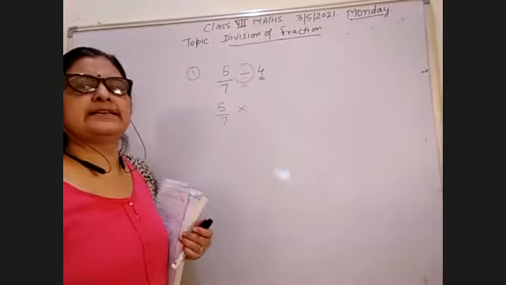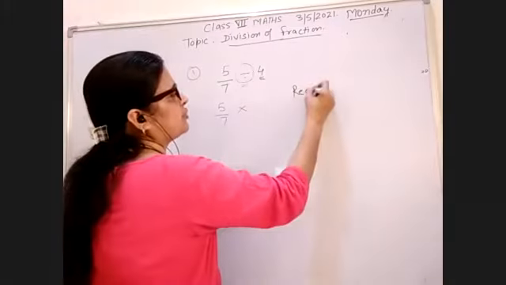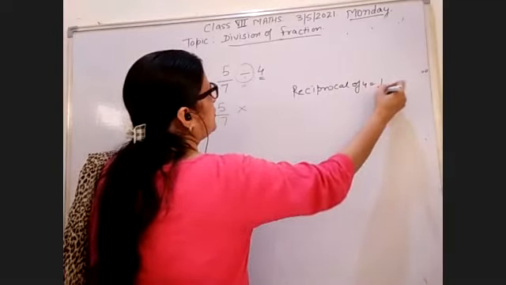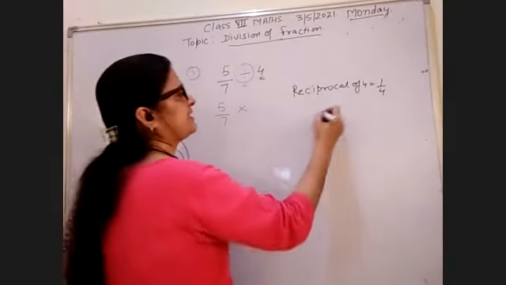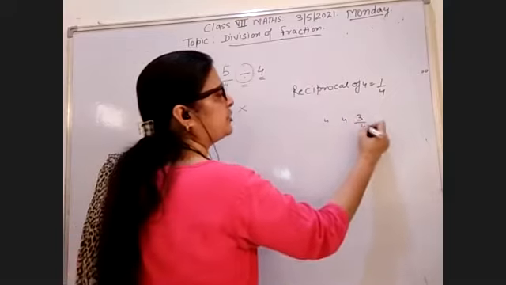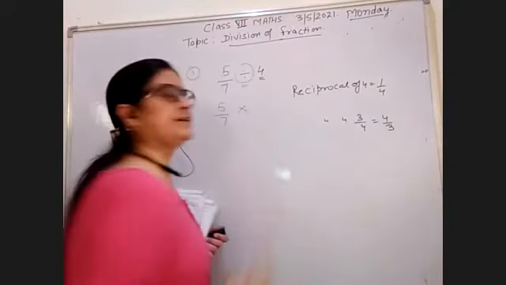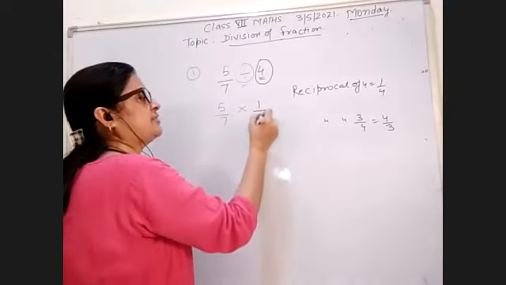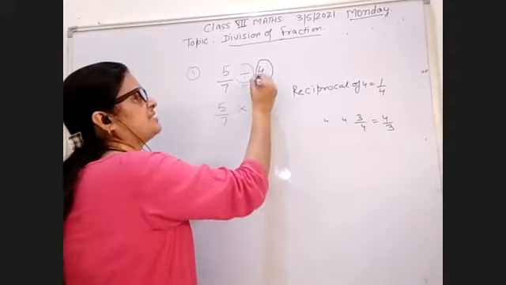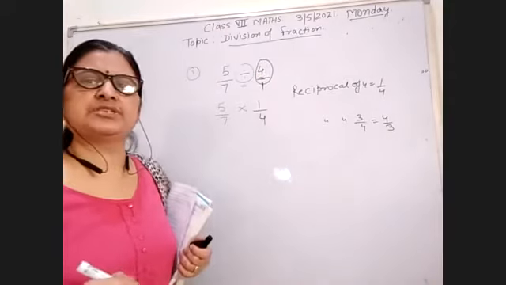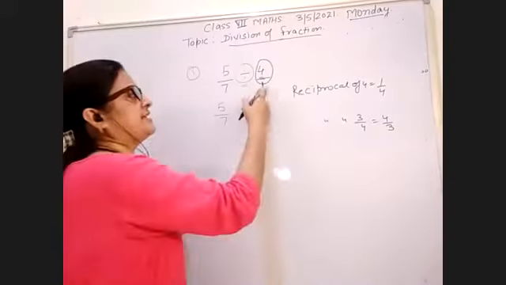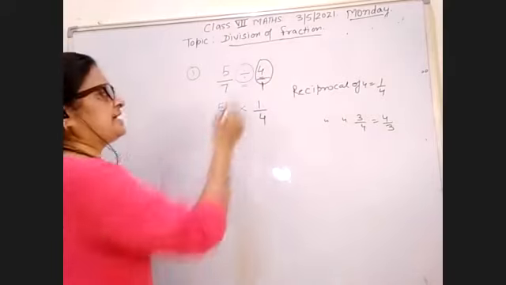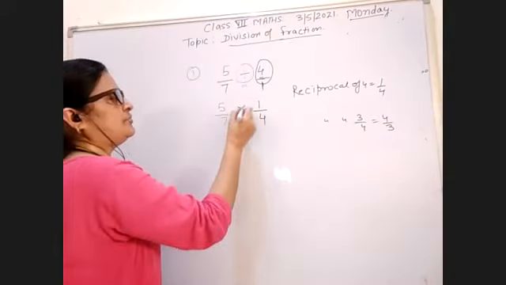When you will take the reciprocal of 4, that is equal to 1/4. Okay. When you take the reciprocal of 3/4, it becomes 4/3. So when you take the reciprocal of 4, it is equal to 1/4, because in the denominator portion it is given 1, so you will take the reciprocal of 4/1, it is equal to 1/4, and your division is changed into multiply.